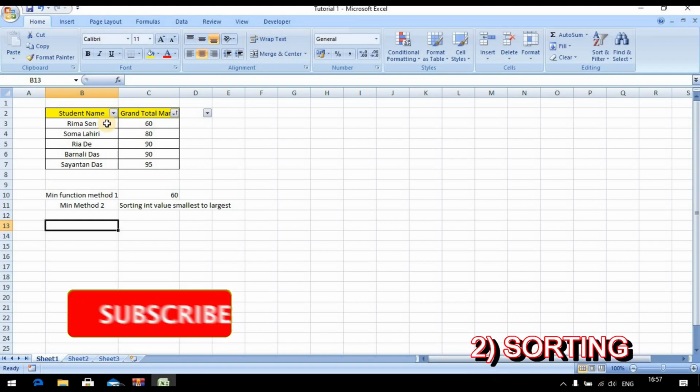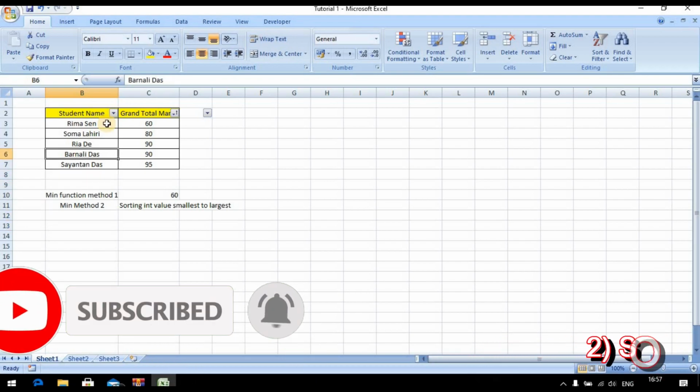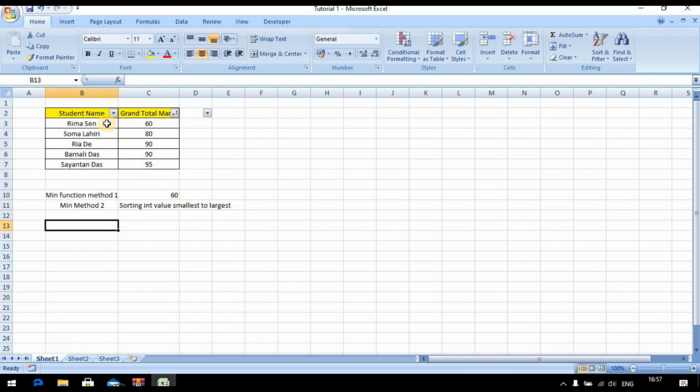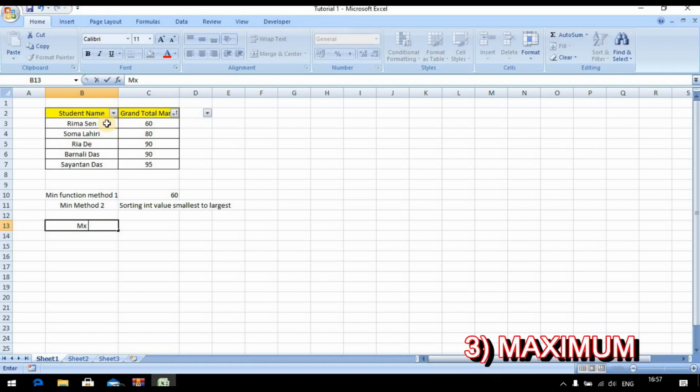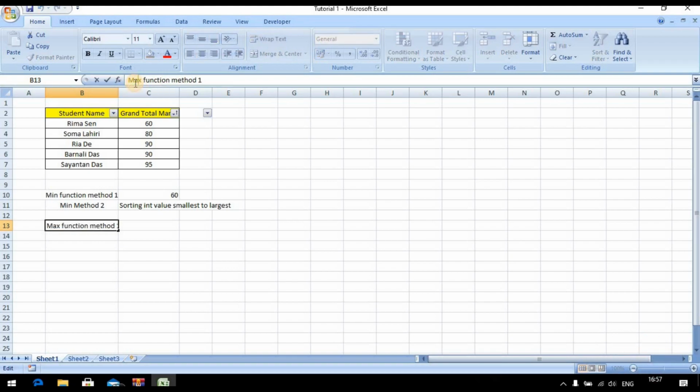Similarly, if we want to find the maximum grand total marks among these 5 students, we can use another function called max. So let's begin. The maximum function is also an inbuilt function.